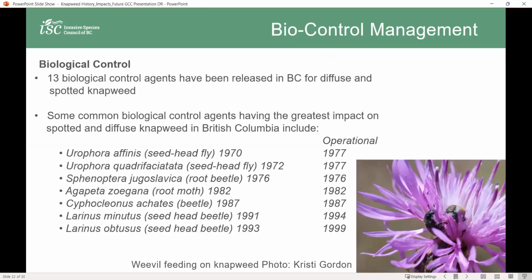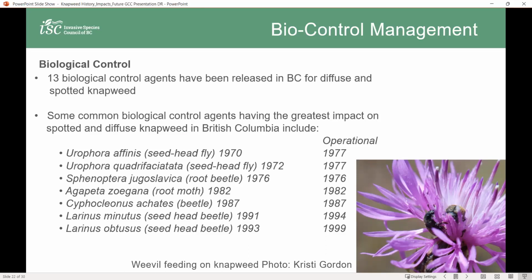Biological control in British Columbia, there's currently about 13 plus biocontrol agents for both diffuse and spotted knapweed. You can see some of the early releases in the late 70s with some seed head flies, the Urophora species, the Sinoptera root beetle in 76. This really was the three species, I believe, that had the biggest impact on effective biocontrol on knapweed, specifically